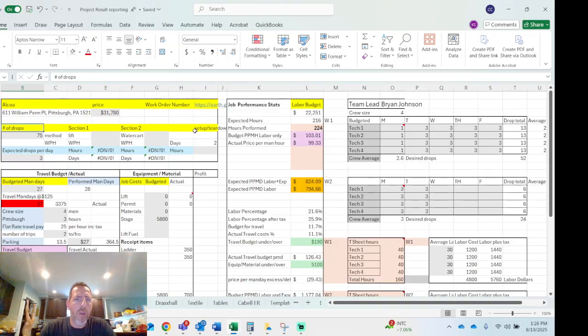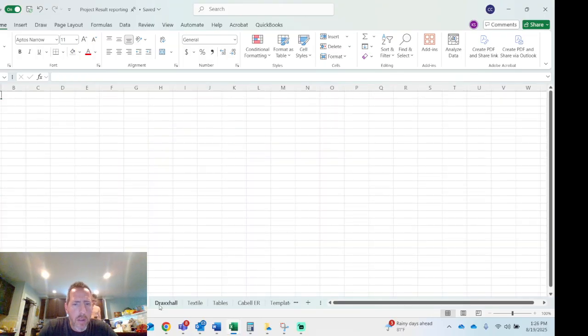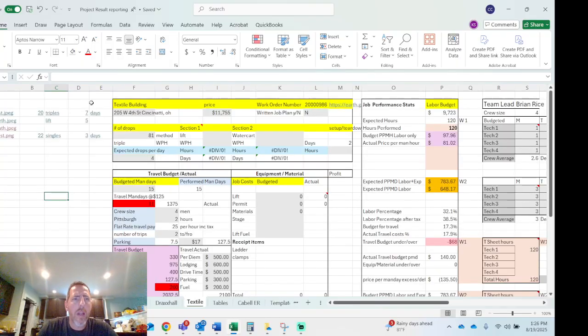This section here needs more developed, but essentially they have a job plan that they will make that breaks down the building into sections. That section has basically time estimates, and there's a photo correlated with it. So if we click on textile building here, for instance,